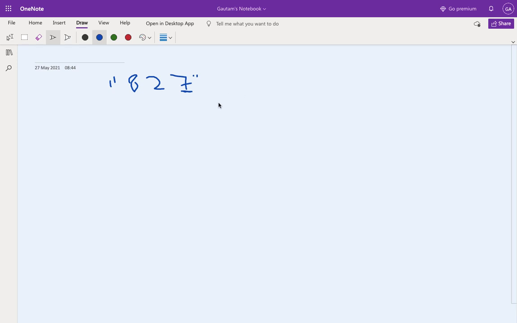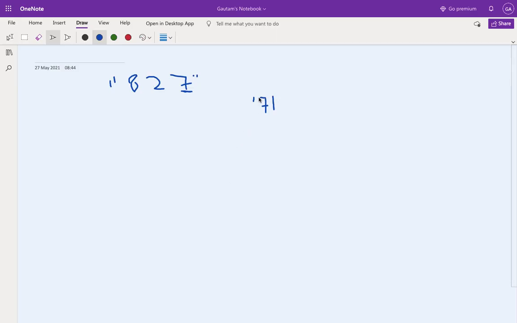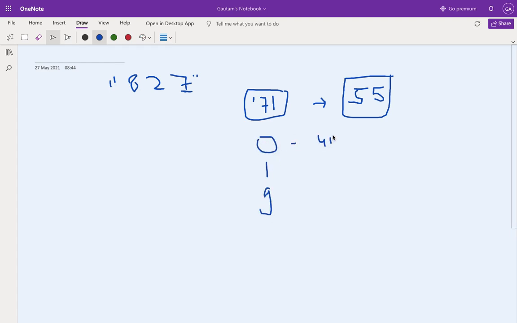This will come as a character, the character 7. If we convert it into int, we get 48 plus 7, that is 55, which is the ASCII value of 7. From 0 to 9, the ASCII values go from 48 to 57. The ASCII value of 0 is 48 and the ASCII value of 9 is 57. We'll use this fact to implement this question.